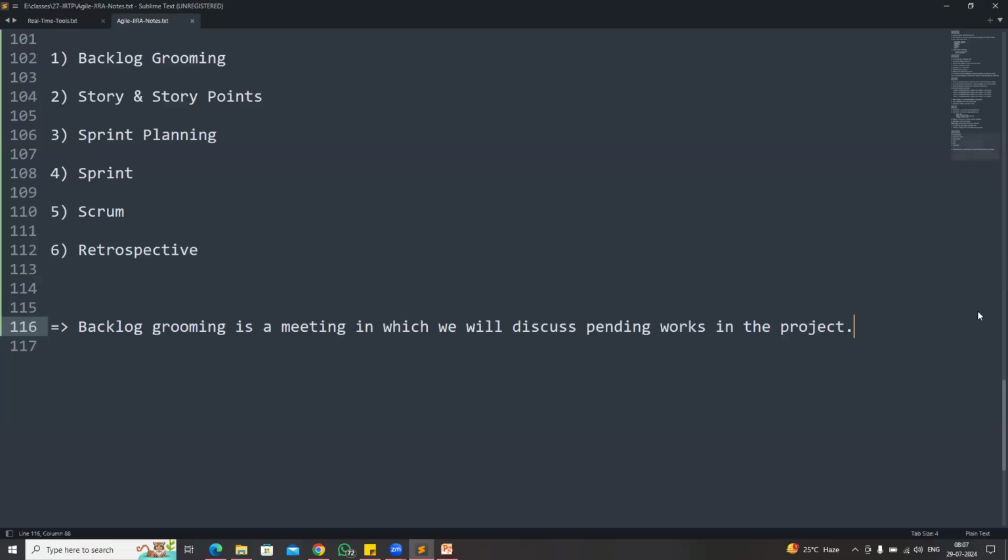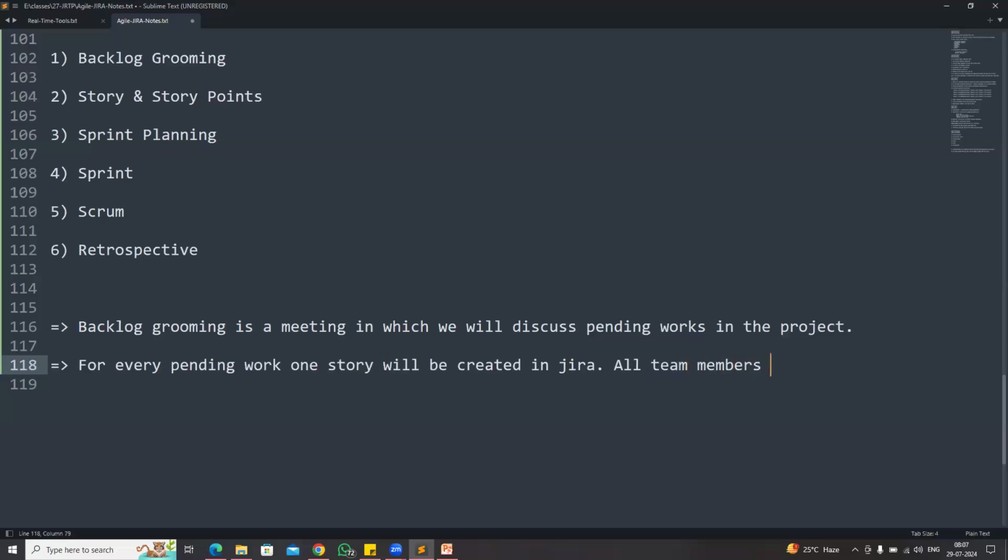In the backlog grooming meeting, we will discuss the pending work. For every pending work item, we will create one story in Jira. Every story is nothing but a task. So in the meeting, we identify pending work in the project, and for every pending work, one story is created in Jira. All team members can create